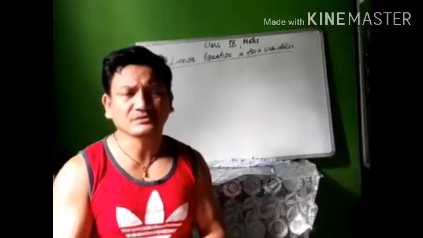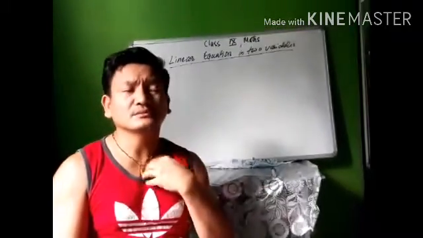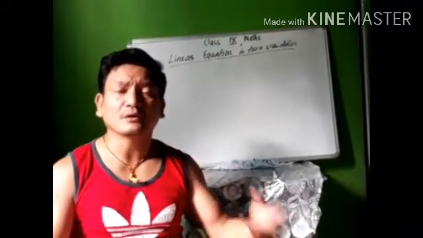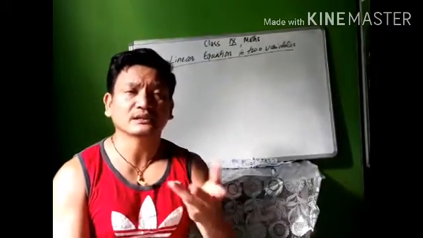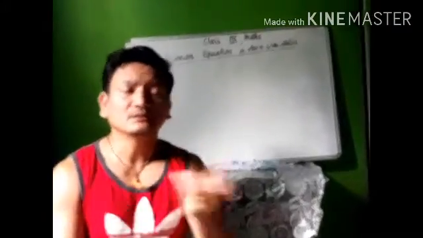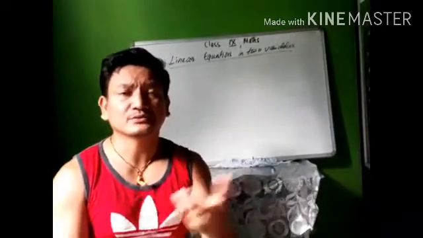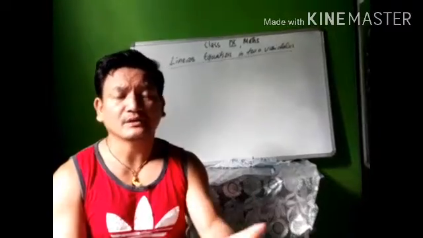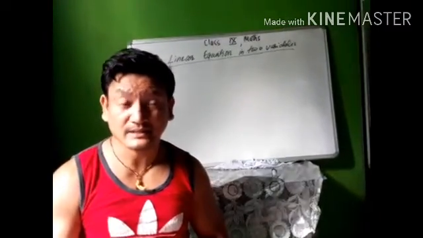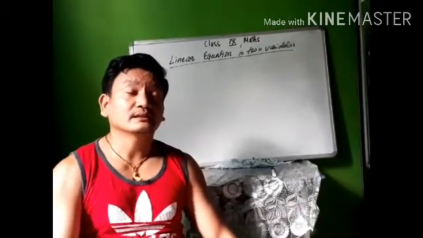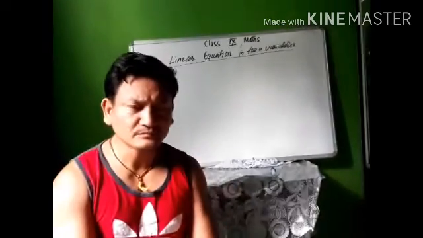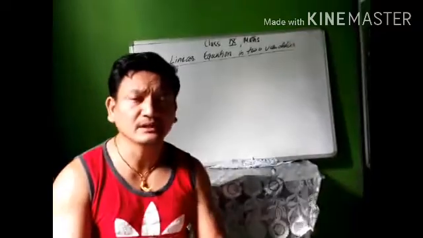Balancing of equation means there is a use of the equal sign, and the equal sign always gives us the comparison between the two sides of the equation. So you have left hand side, you have right hand side, and you are going to compare the left hand side and right hand side. So there are some terms that are related with the equation.